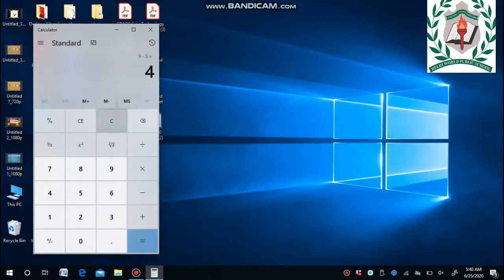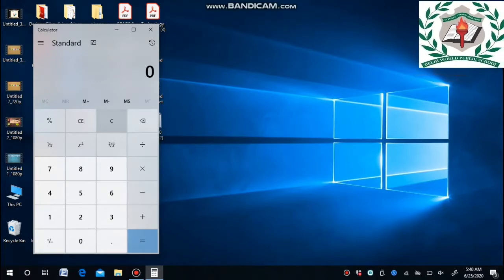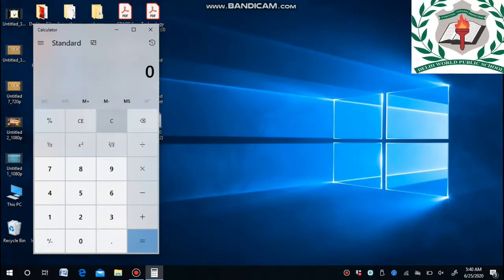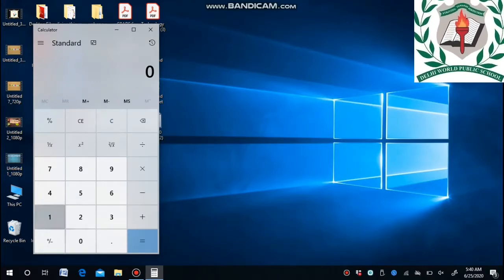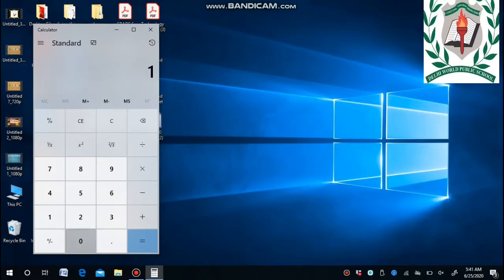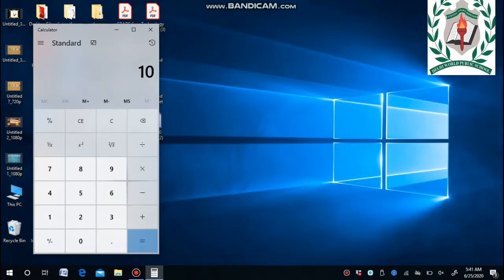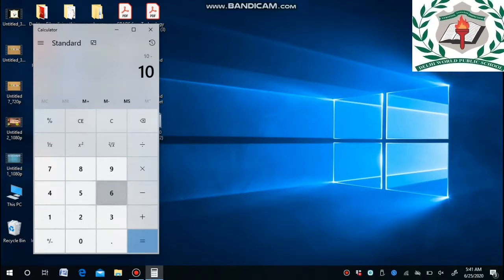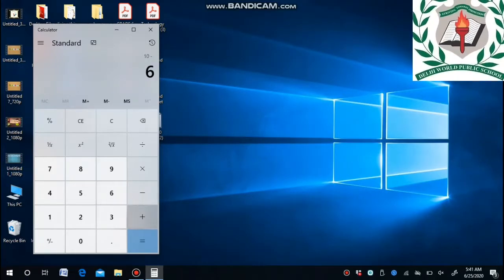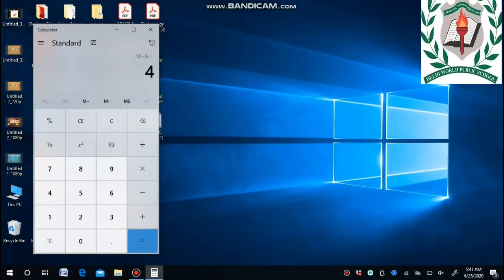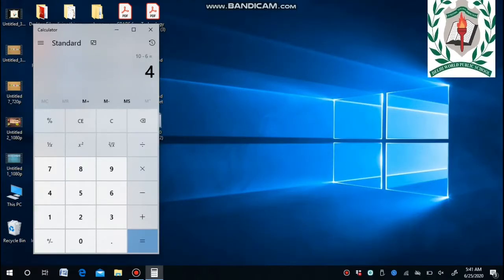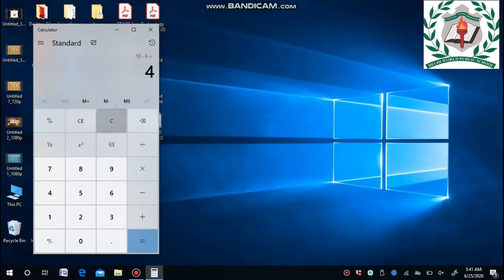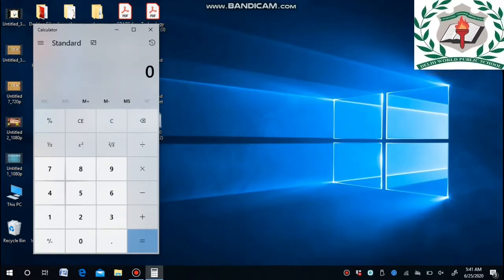Next, close it again and move to the next sum. 10, minus symbol, click, and then 6. Click equal to, and the answer will display on the screen. The answer is 4.